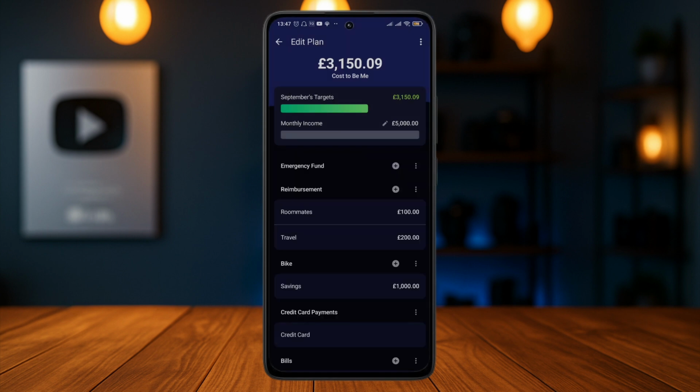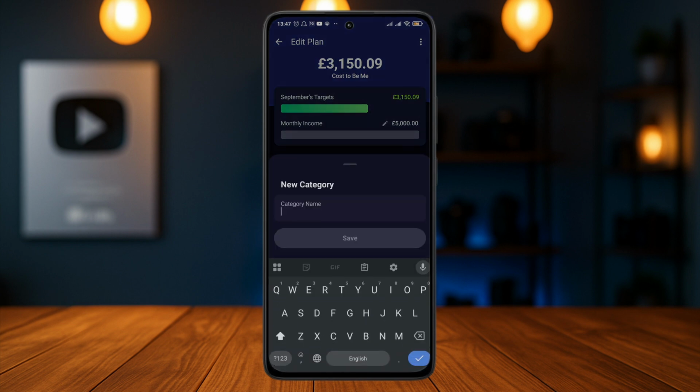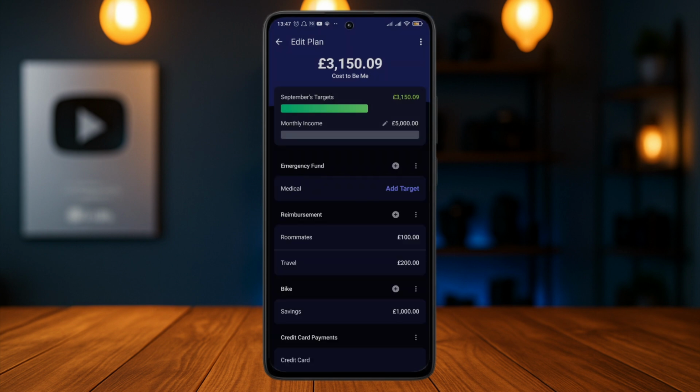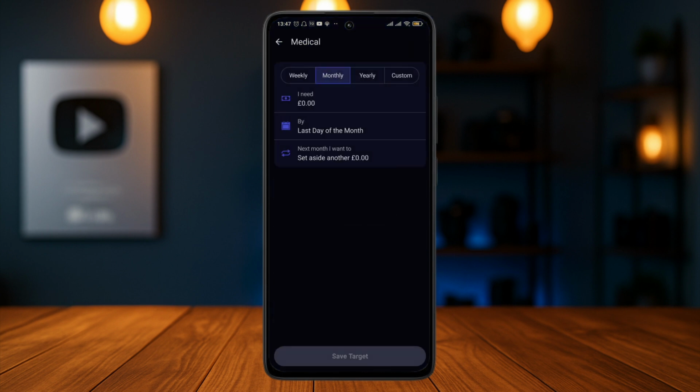Now once you've done that, what you can do is add in a new subcategory. You can also name this the same as emergency fund, or if you like, you can name it something else. Now, once you've created a subcategory inside of emergency fund, what you can do is tap on add target